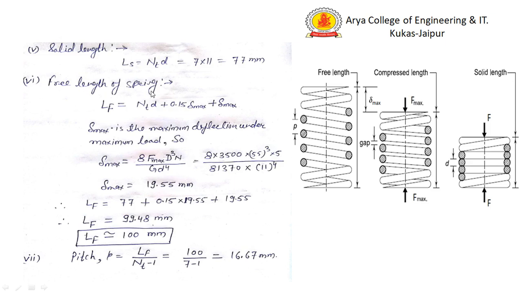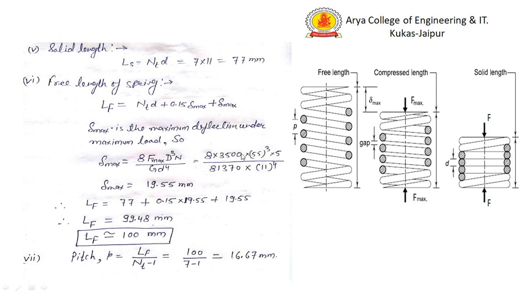The sixth point is the free length of the spring. We know that the free length of the spring, LF, is equal to NT times d plus 15% of delta max. Here please note that this delta max is not equal to 5 mm. 5 mm is the deflection for the 1000 Newton of force. This delta max is the maximum deflection, the deflection under the maximum load, and the maximum load is